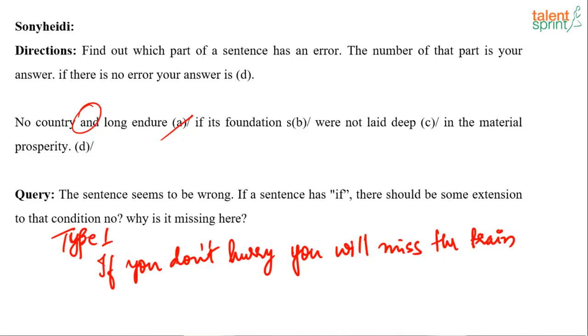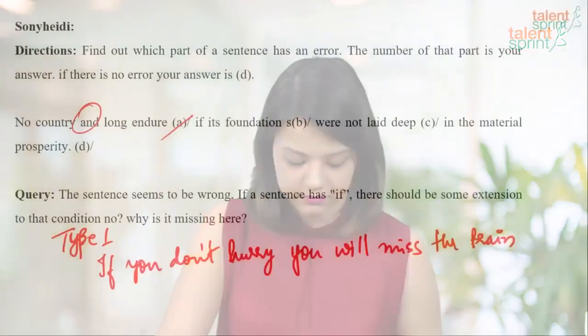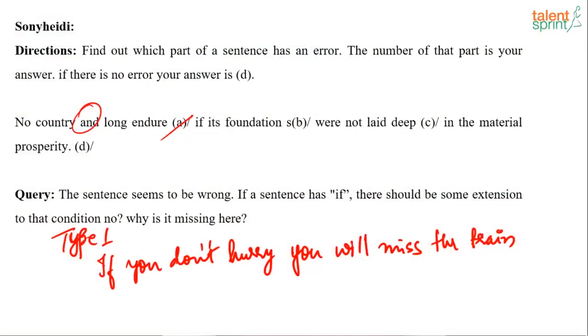So how is the construction of a sentence in type 1? This construction is: if this thing happens, then that thing will happen. So if it rains today, you will get wet. That is another example sentence for the construction of type 1. Okay, let's quickly look at the next type,